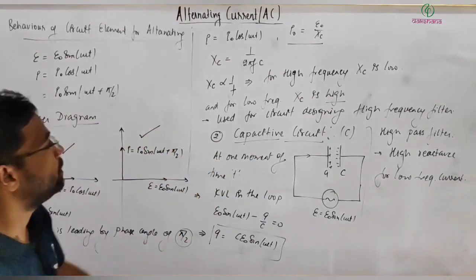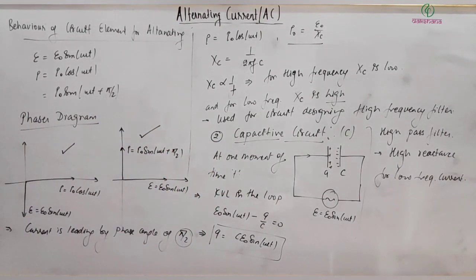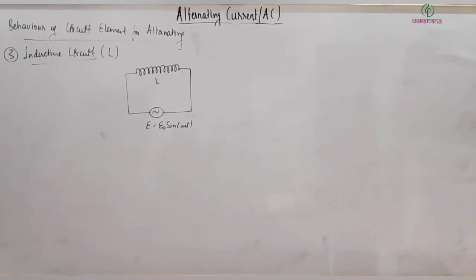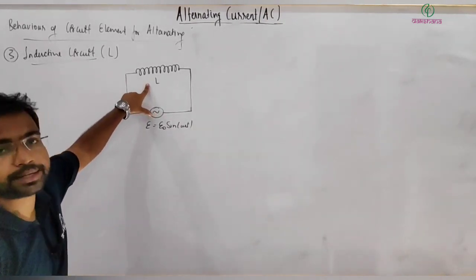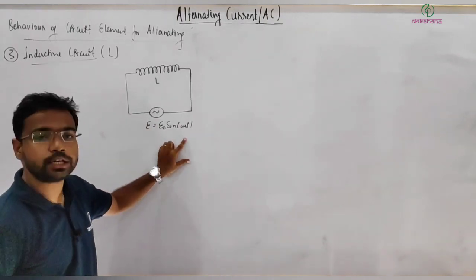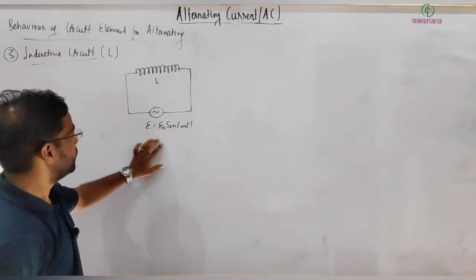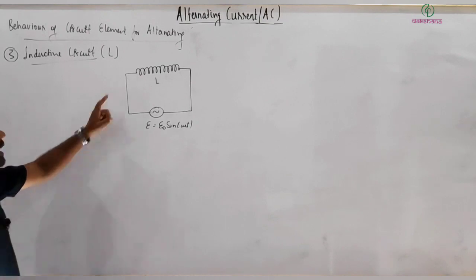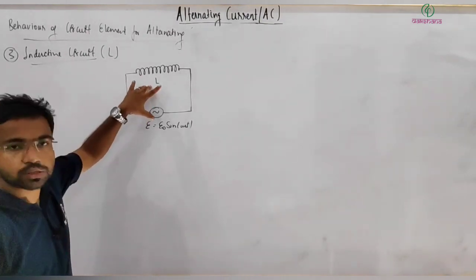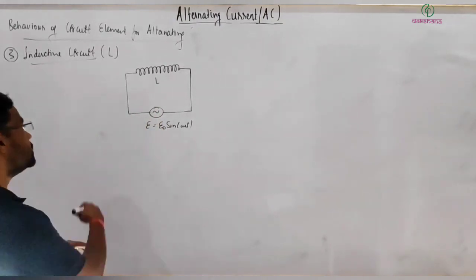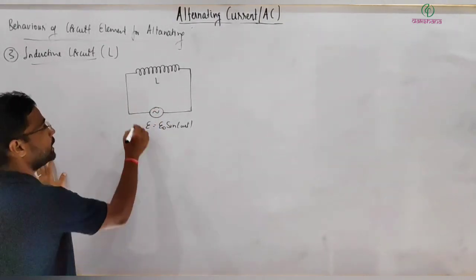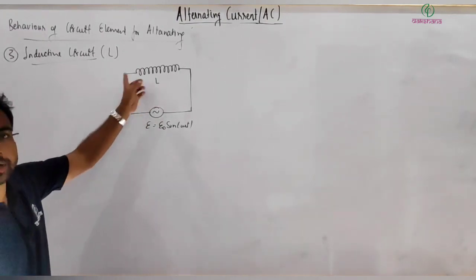So this is about how a capacitive circuit behaves for an alternating quantity, alternating current or voltage. Let's see, next is the inductive circuit. Here we have one purely inductive circuit, one inductor having inductance L connected across an alternating voltage source. So again we want the relation, how much resistance or reactance it will offer for alternating current. So the simple thing is, we can go again,